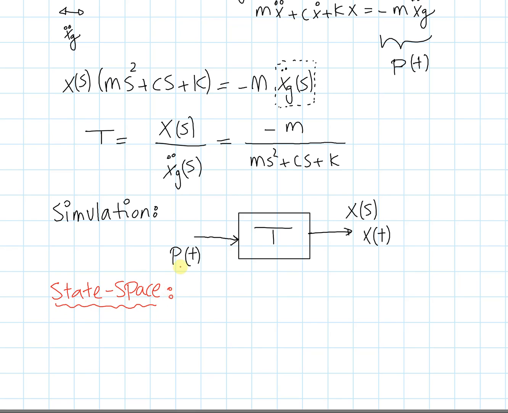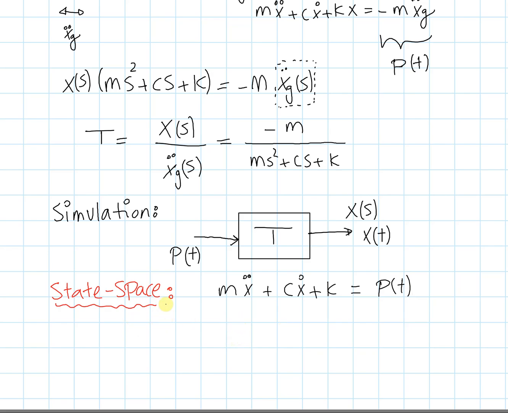Okay, so what is state space? State space is a time domain formulation where we take a second order differential equation and convert it to a first order, and that makes things much easier to solve, and we can use a lot of the explicit numerical integration schemes in Matlab or Python or any of these platforms to solve our problems. So if I have this second order differential equation, or my dynamical system, and I let this equal to some forcing function,